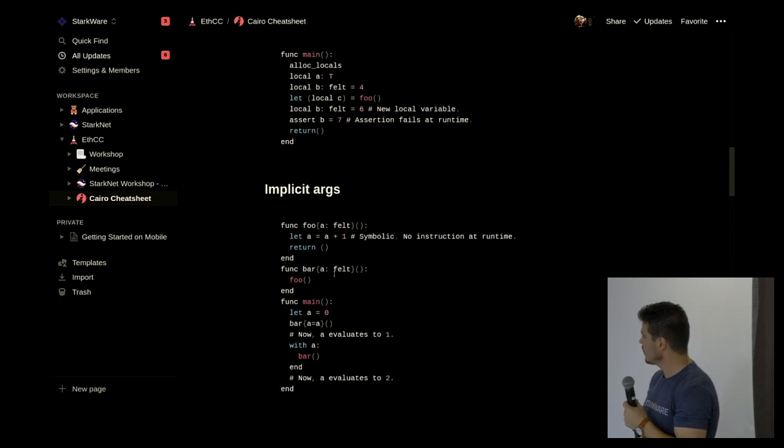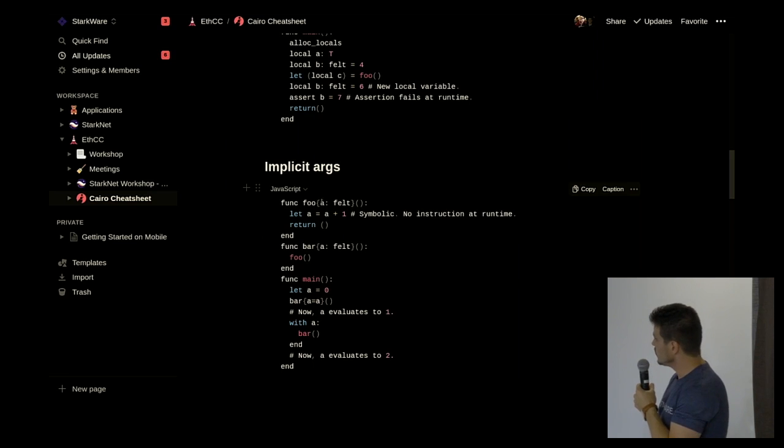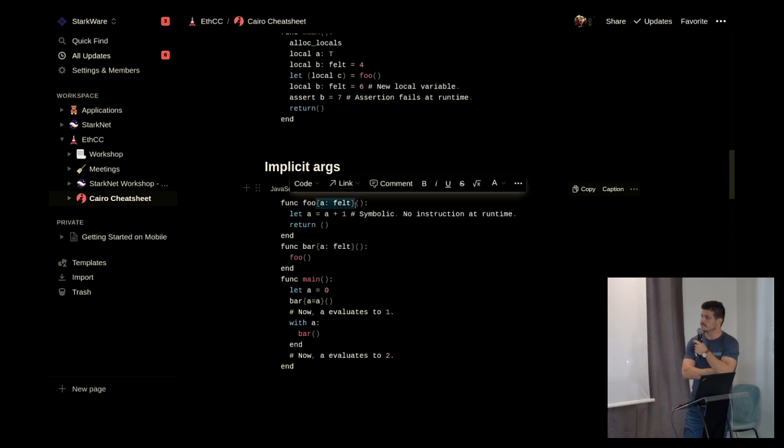Okay. Implicit arguments, you will mostly see them in the code. You won't need to use them yourself, although you could. But if you use this syntax, this means it's an implicit argument to the function. So you don't have to explicitly pass it, but it's also an implicit return type. So this function,